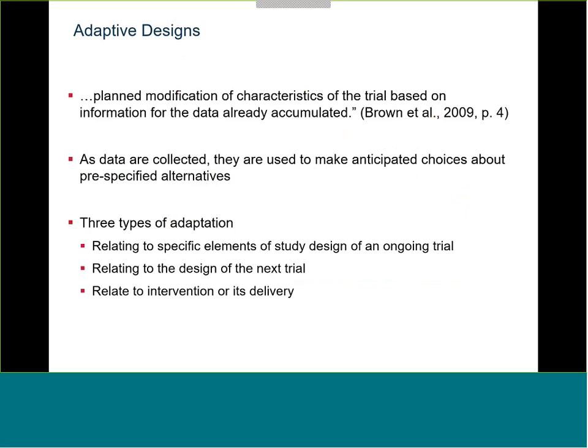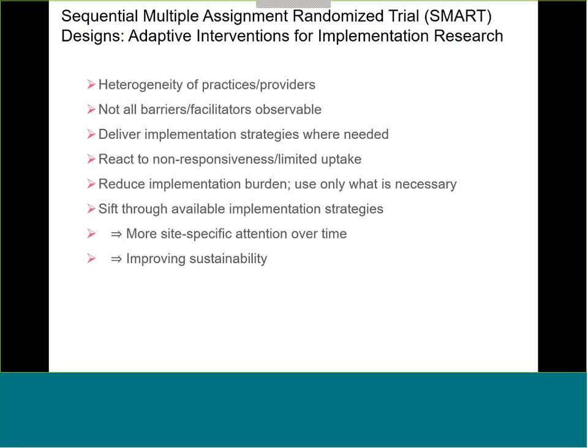Hendricks talked about three types of adaptive designs: those relating to specific elements of the study design of an ongoing trial, those relating to the design of an upcoming or next planned trial, or those related to the intervention or its delivery. We see this in what's called a SMART trial, a sequential multiple assignment randomized trial. It's a big fancy name, but it can be really elegant for adaptive designs and adaptive interventions in